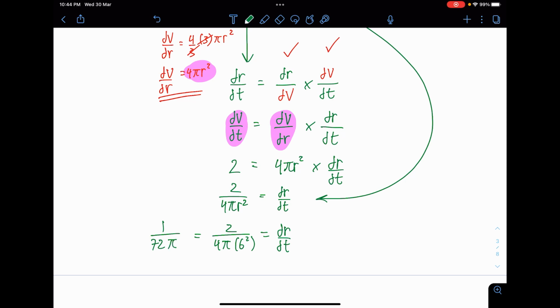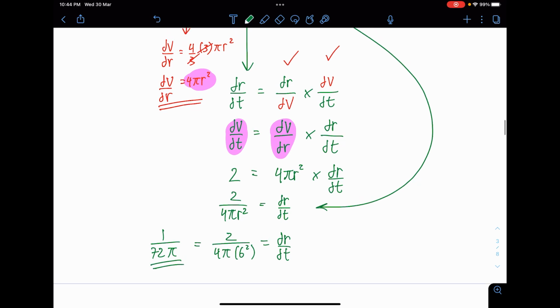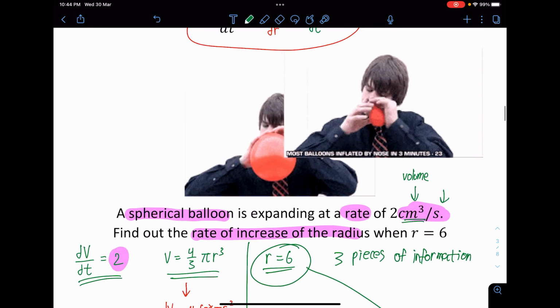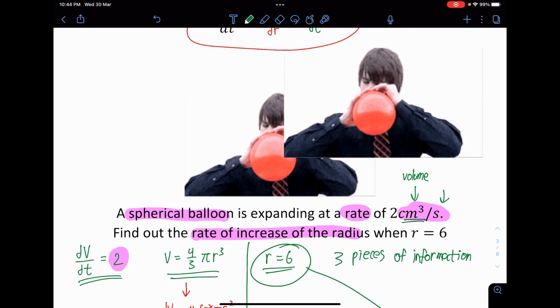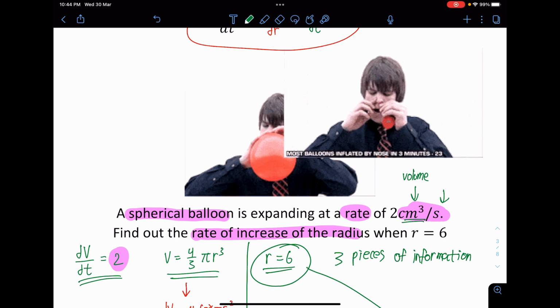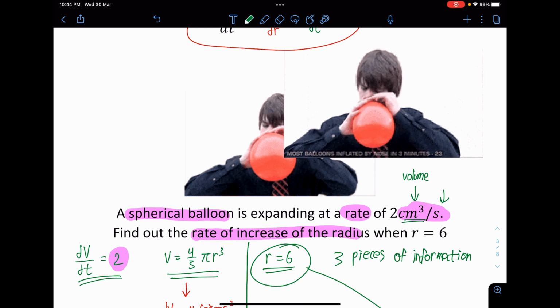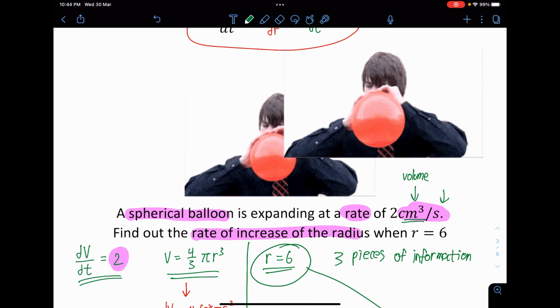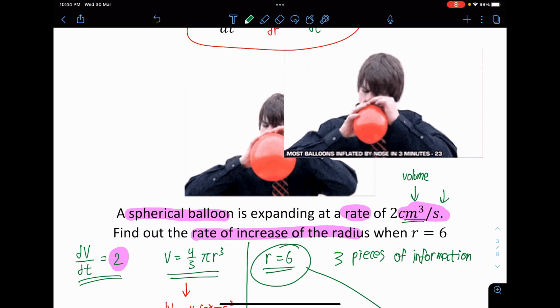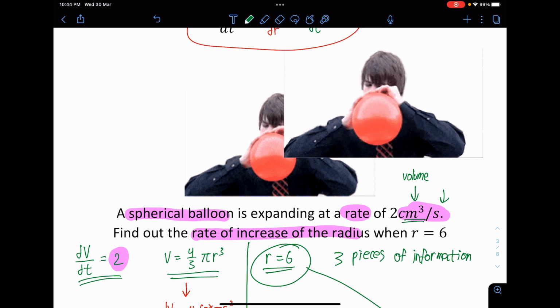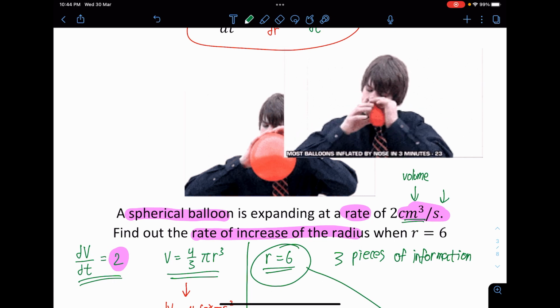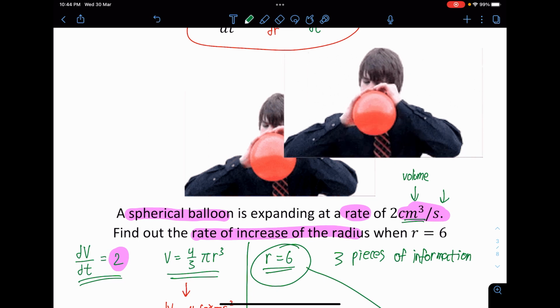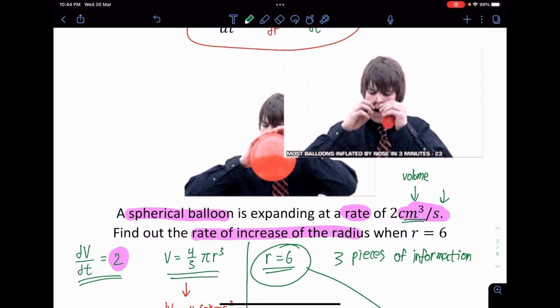That's the answer. So what is this number actually basically telling you about? Very simple. Now imagine this. This is actually the reason I put this balloon picture here. You can see that the radius of the balloon is increasing as long as you inhale some air. I mean, not inhale, exhale some air into the balloon. The balloon actually keeps increasing. The volume increases, the radius increases, the surface area also increases, a lot of things increase.